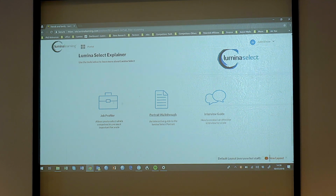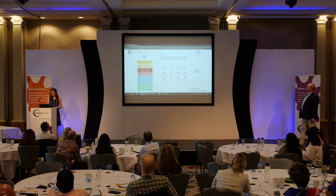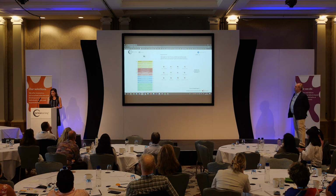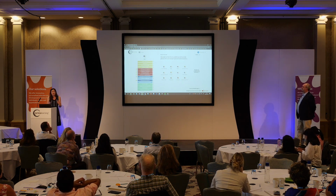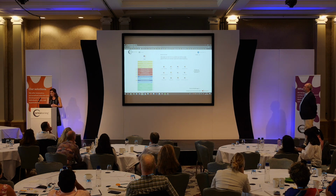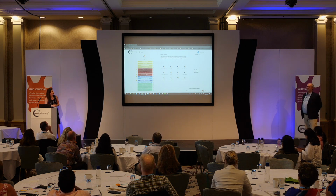Just for those of you who are new to the room, I'll demo this for you. It's the ability to select the competencies that you're particularly interested in evaluating the candidate against, and also being able to make use of some of the data that we've already done on this. So looking at the kind of profiles that you might see across different roles. Julia, here's the legal one, which I'm sure will resonate with you. When we've looked at the competencies, they come out on top on